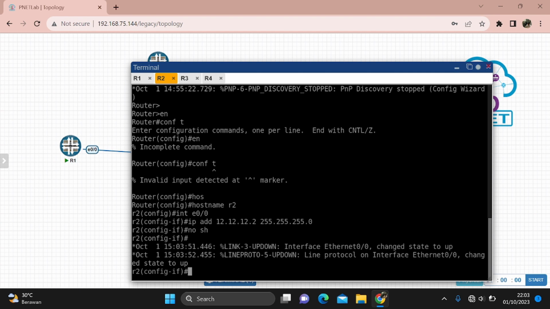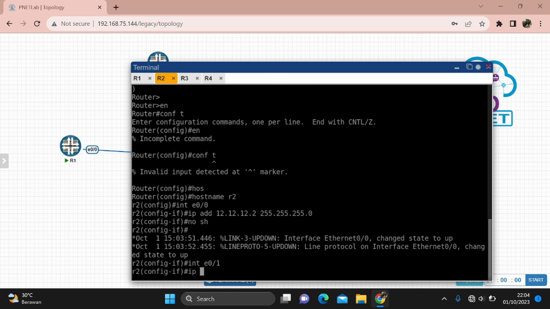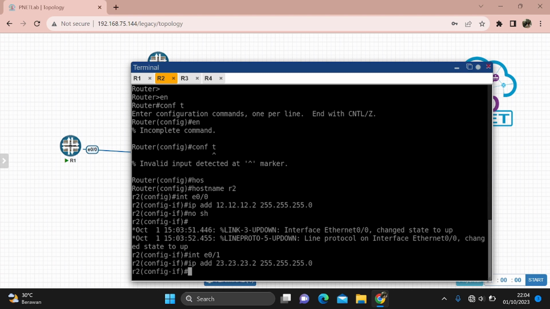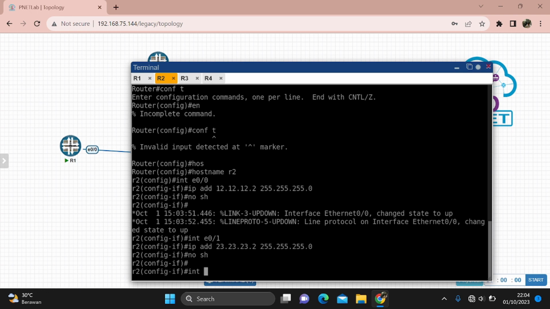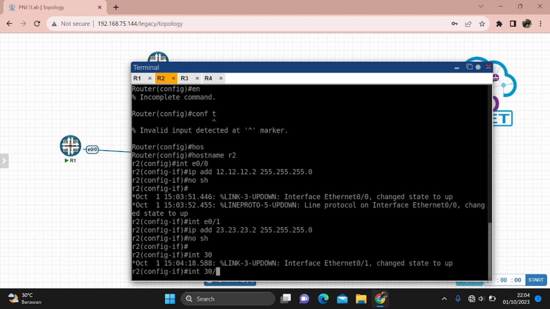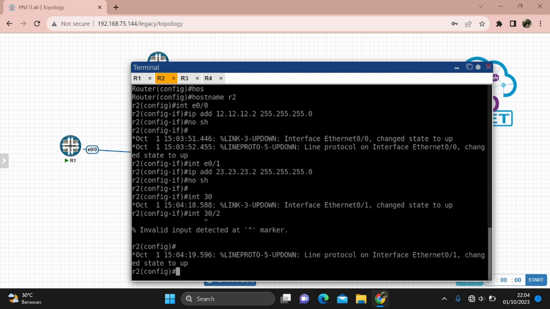Okay guys, welcome back. Interface at, you can add the IP address. Then no shutdown, and then interface 0.2.